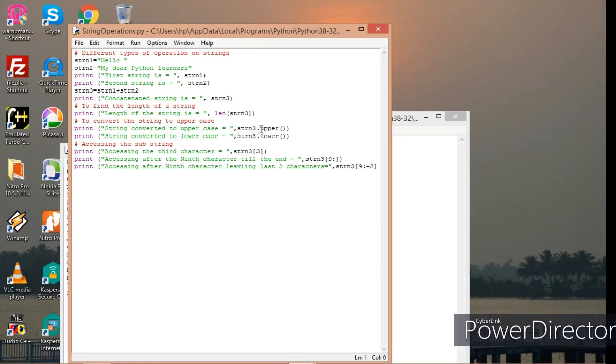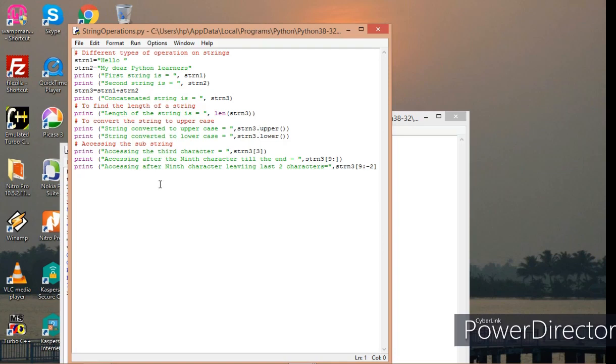So I am invoking the upper method using this dot operator, strn3 dot upper, and I am also converting strn3 into complete lowercase. But the original string is not changed. Only it is invoking these upper and lower methods to perform the respective operations.